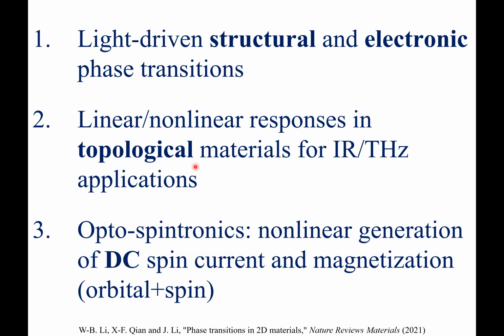And lastly, we generalized the effect here to spin and magnetism. And we show that you can have this giant change in the DC spin current. So this is the bulk spin photovoltaic, as well as a nonlinear magnetization effect, which curiously, the orbital part can dominate over the spin part. And the physics of that, we think, is a spin photocurrent which encounters the local chiral atomic structures, and that can generate a big magnetic response.